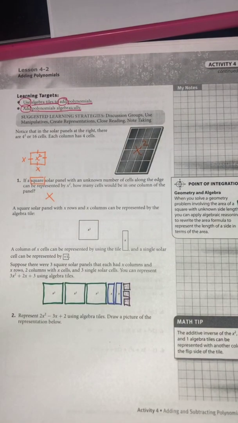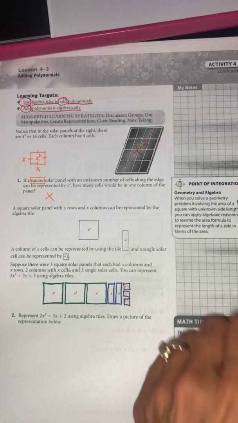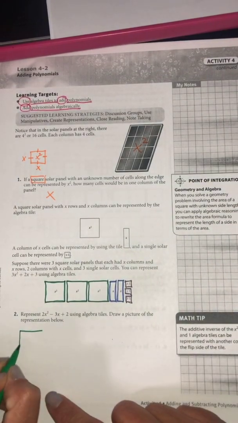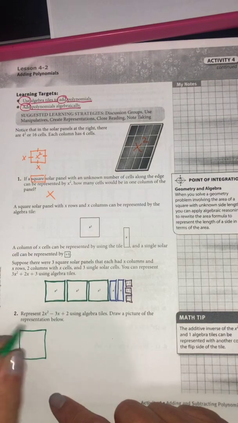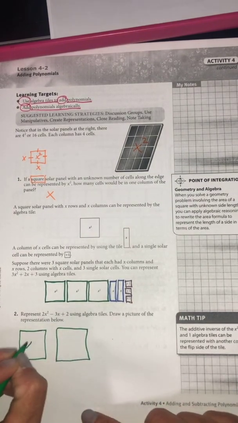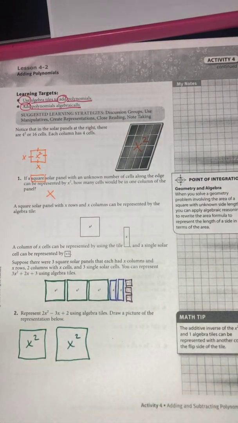Number 2 says represent 2x squared minus 3x plus 2 using algebra tiles. Draw a picture of the representation below. So I need 2x squareds. So I'm going to need 2 of these. Now I need to represent a negative 3x. So I am going to be using the